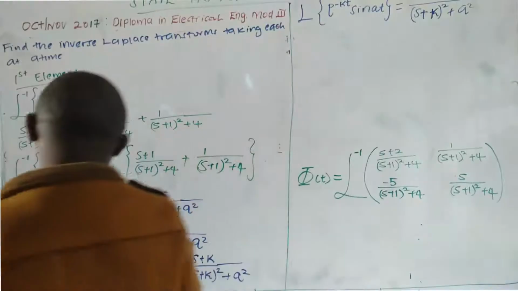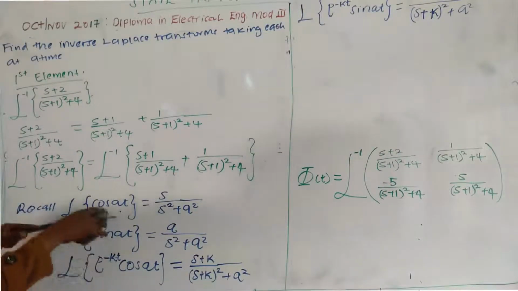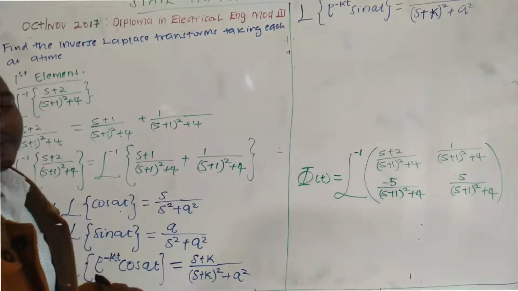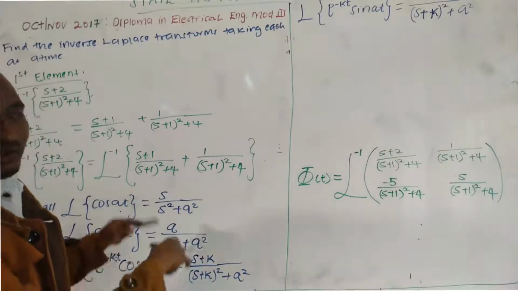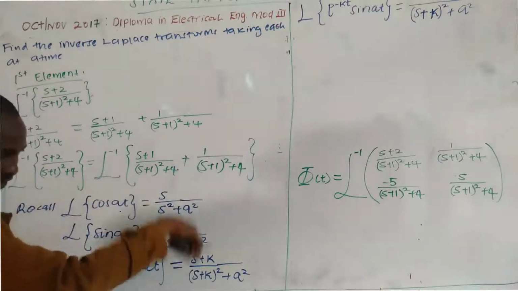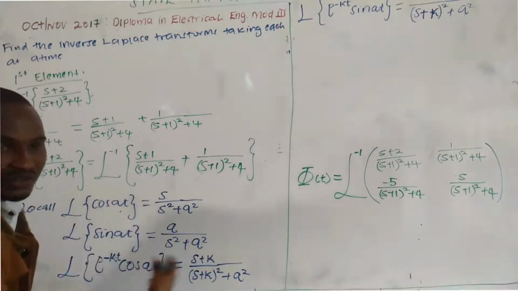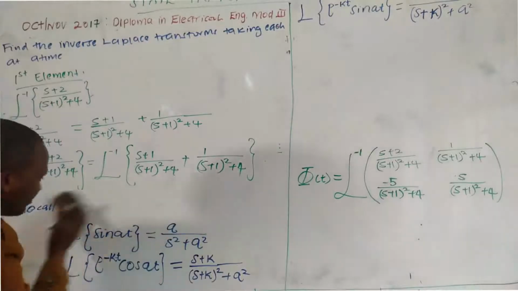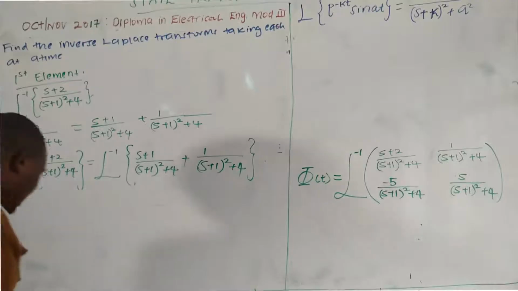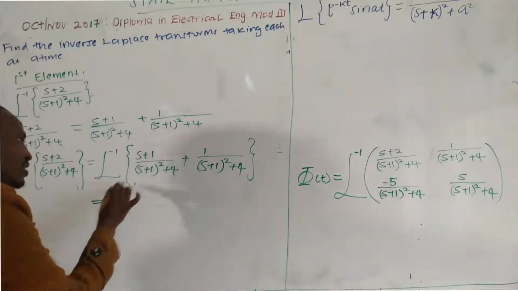So basically, of course, this is just a revision. I'm trying to remind you. Actually, by now you should have known that after watching the Laplace transform videos. So we didn't have to do all this. It was just a revision. So let me just remove it, and then I go ahead with the question. That's why I've written it in a different color, because actually by now you should be able to get that one directly.